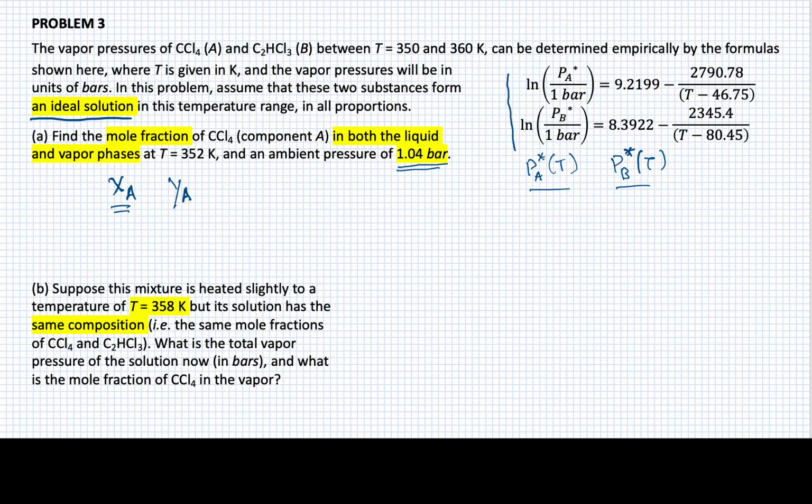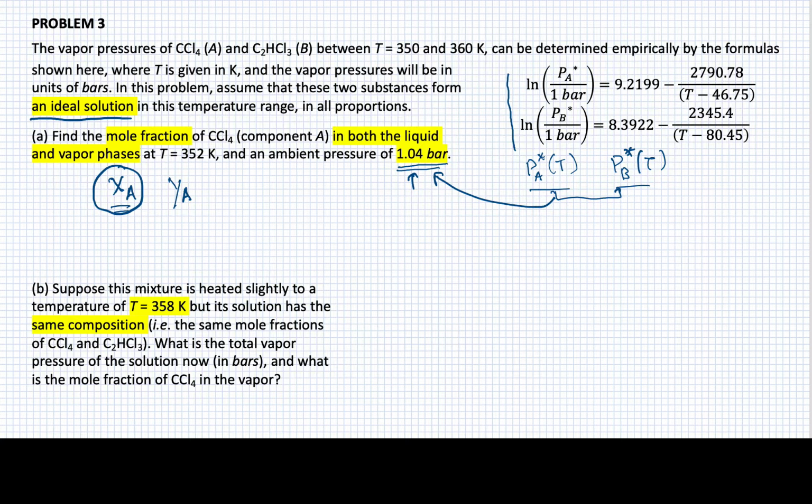Now, why is this important? Well, one of the pure partial pressures, one of the pure pressures that you're going to be given, is greater than this ambient pressure, and the other one is less than. So in other words, these two things are going to bracket this value for pressure. So that's going to give you a key to getting into finding the mole fractions of these things in the